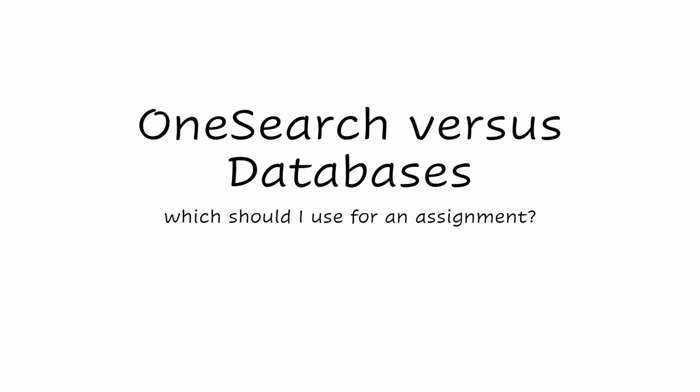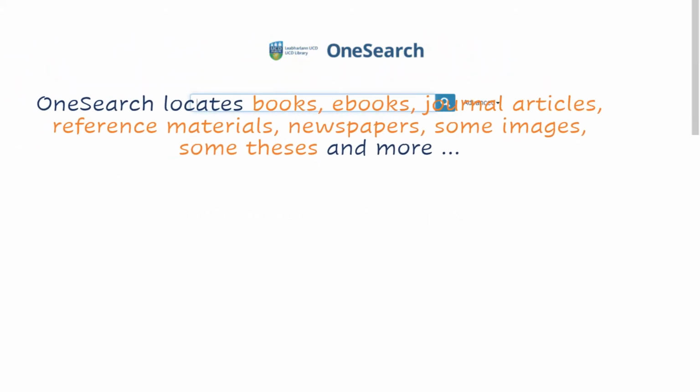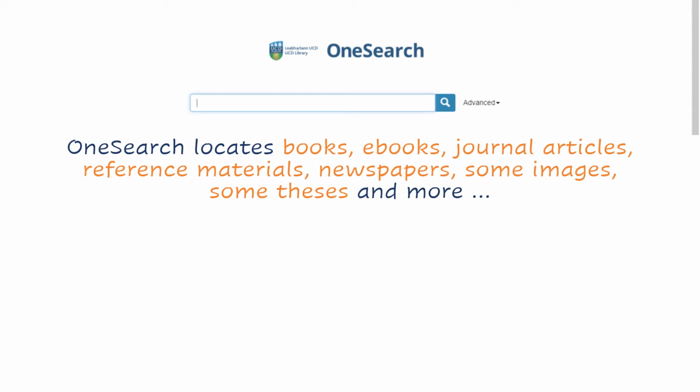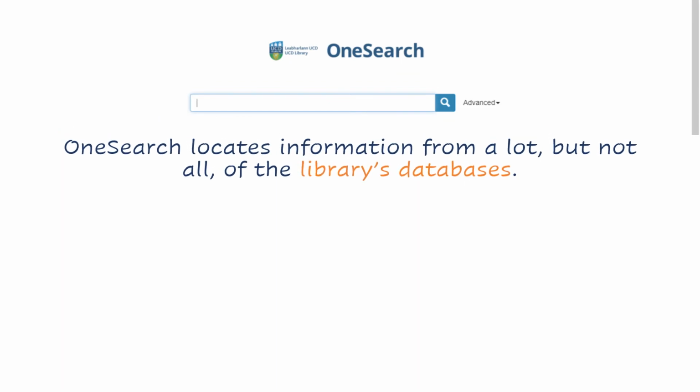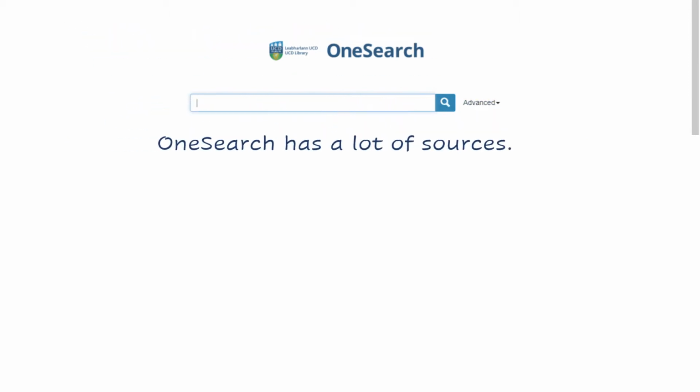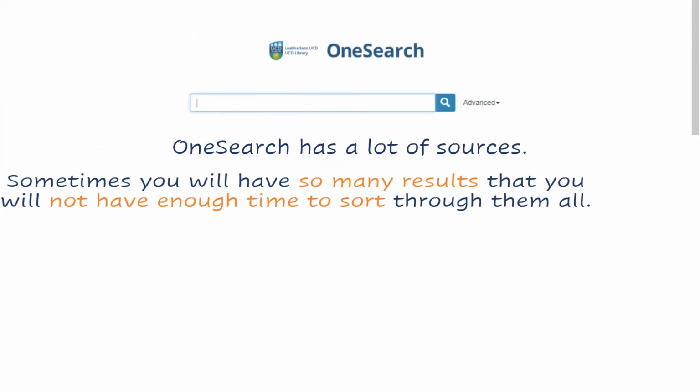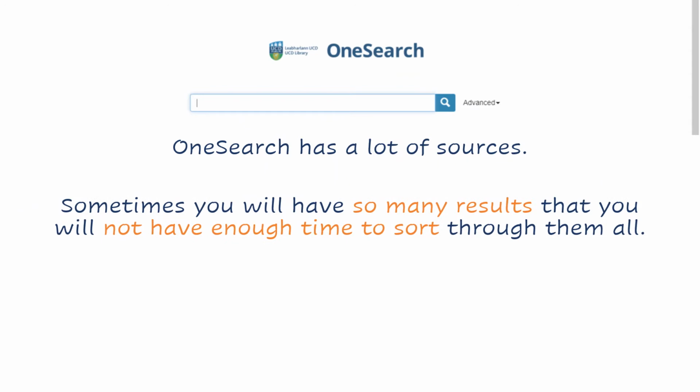I'm from UCD Library. I'm going to talk about OneSearch versus databases and which you should use for which assignments. OneSearch locates books, ebooks, journal articles, reference materials, newspapers, some images and theses, and more. OneSearch locates information from a lot, but not all, of the library's databases. OneSearch has a lot of sources, so sometimes you will have so many that you won't have enough time to